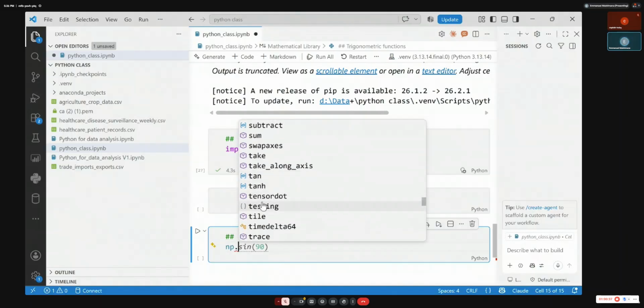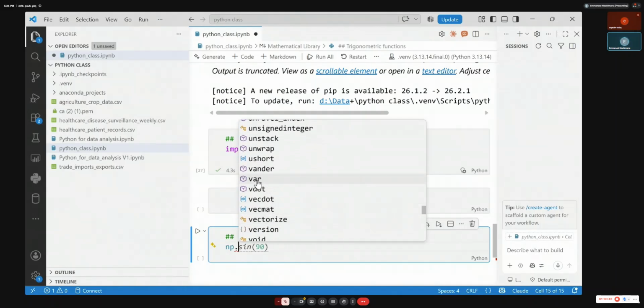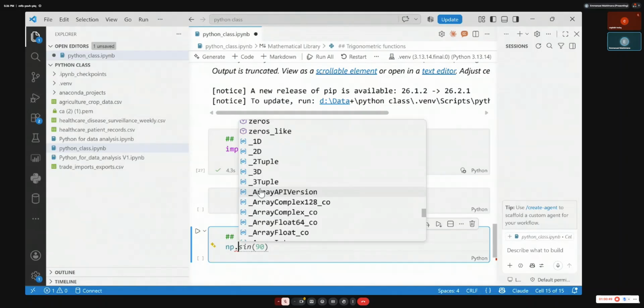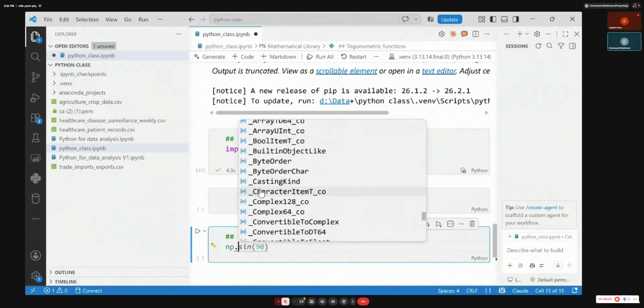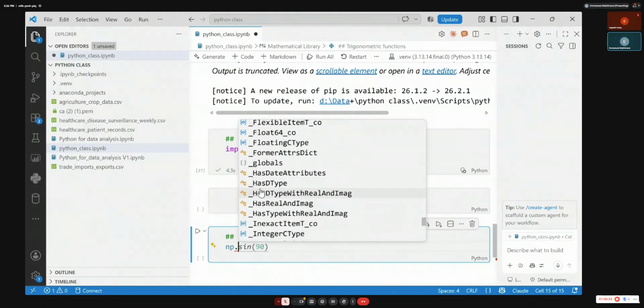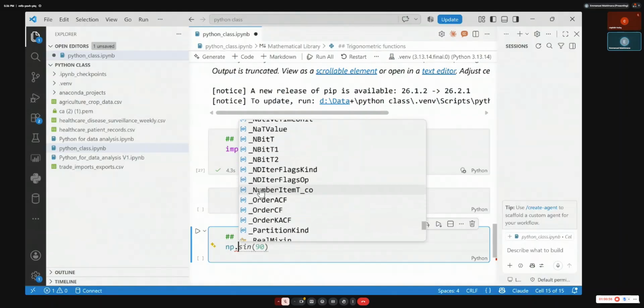This is a trigonometric function as well. Trace. So there are so many functions inside. This is variance, vector dot. If you are dealing with the matrix and you need to do the vector multiplication, there are so many functions that you can use from NumPy, sorry.